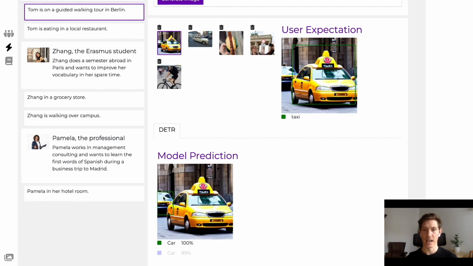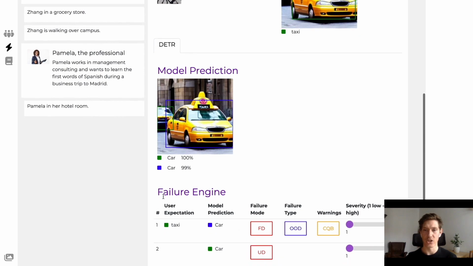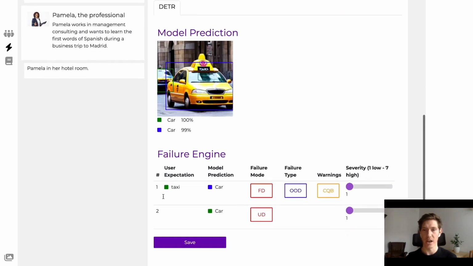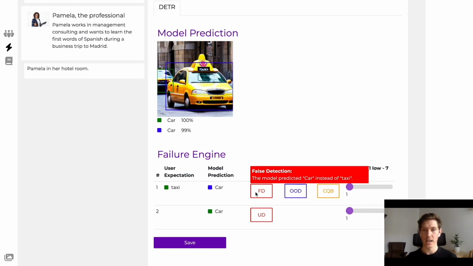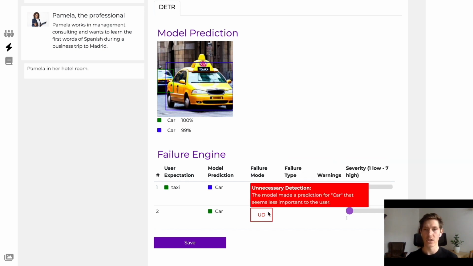To facilitate analysis of image mismatch, fAIlureNotes implements a failure engine that automatically compares model outputs with a manually annotated input. In this case, the system matched Eva's object taxi with a corresponding car in the prediction. The system used a red arrow tag to classify this case as a false detection. The failure engine further explains that taxi is misclassified because it's not within the model's capabilities, indicating this with a